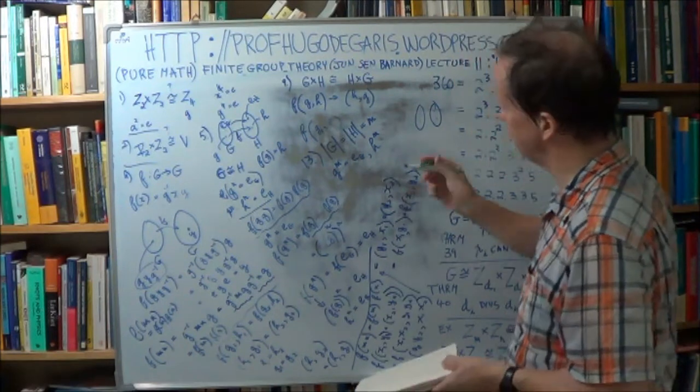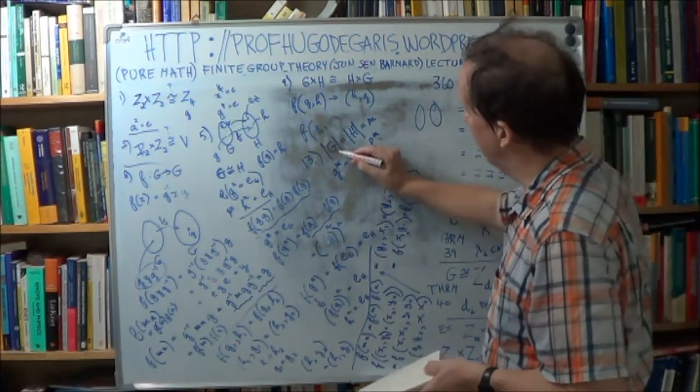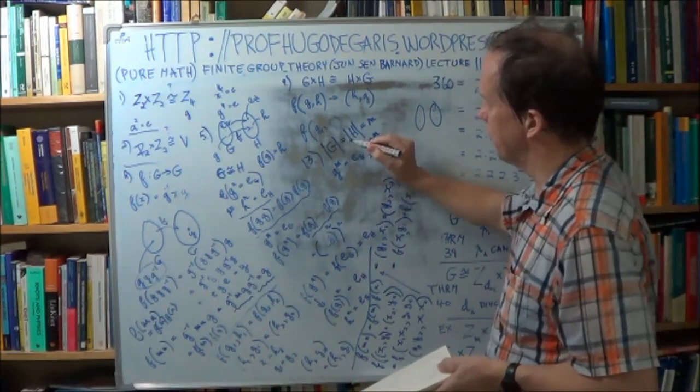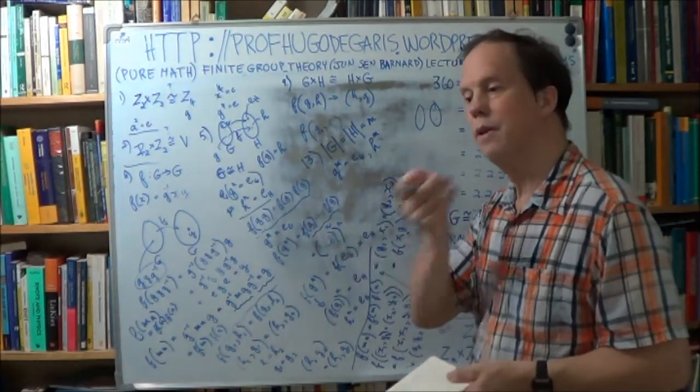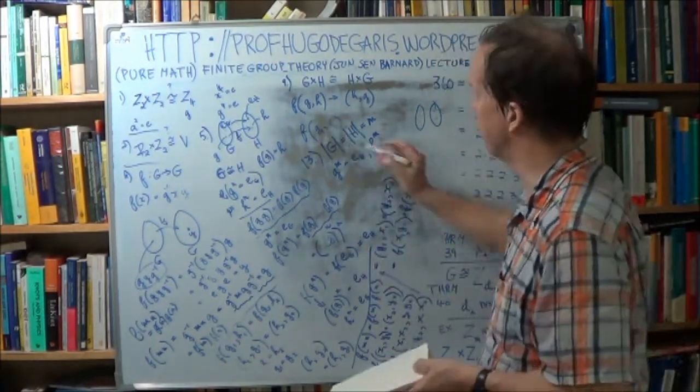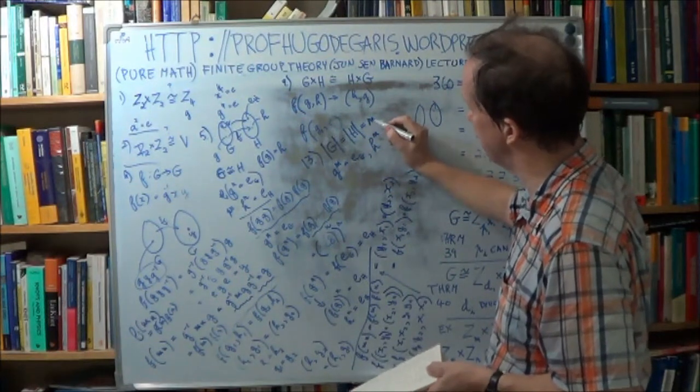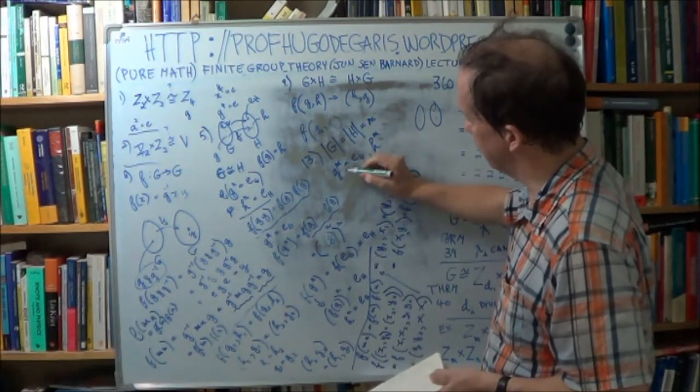Or do you want me to say that again? G and H are isomorphic. Therefore, their sizes, the group order, is the same. And let that order be n. Now, little